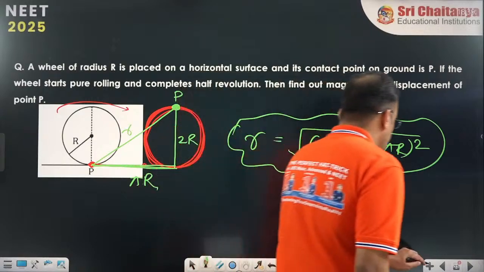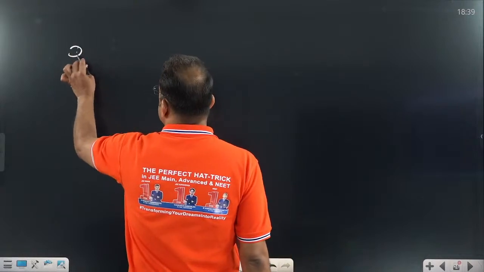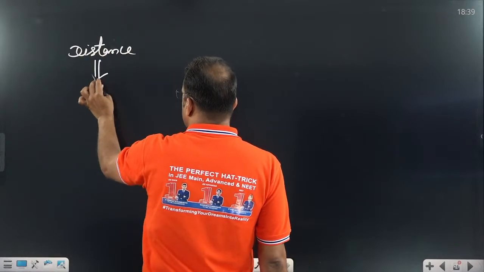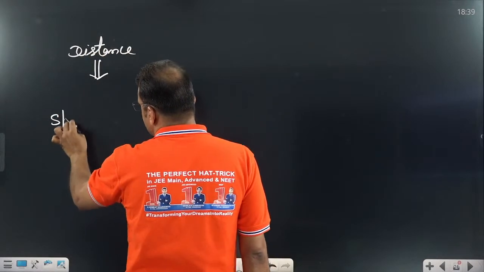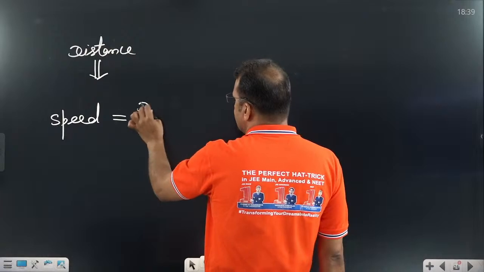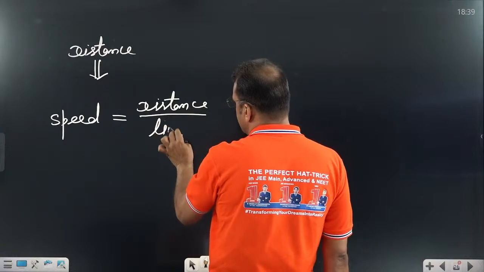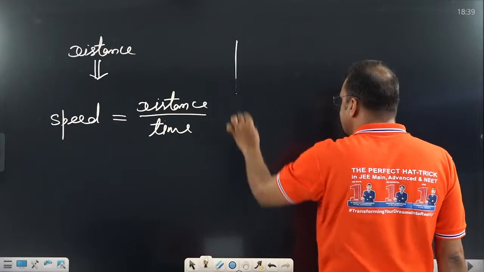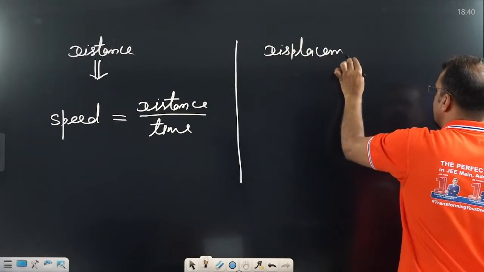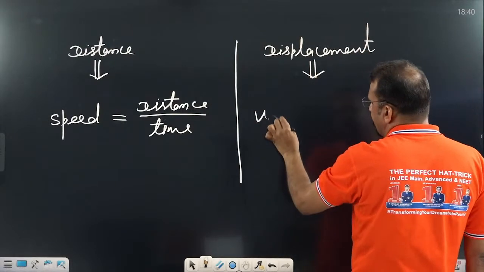Done. Now we are going on the same part. What we have discussed, one is distance, and from your basic knowledge you know that from distance we are going to study a quantity called speed. The basic definition of speed is distance upon time. Very, very important. In the same way, the second quantity we discussed is displacement. From displacement we are going to define the vector quantity counterpart of speed, that is called velocity.